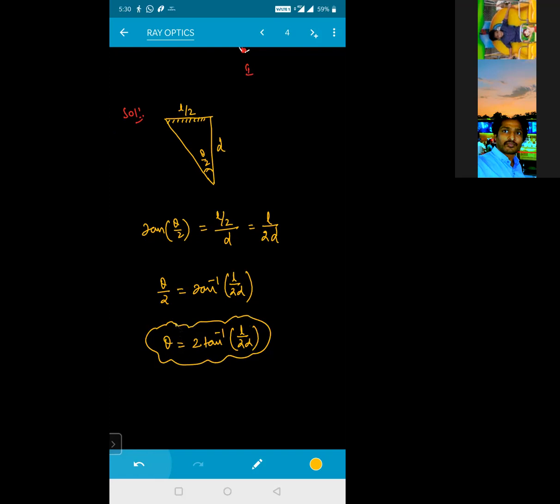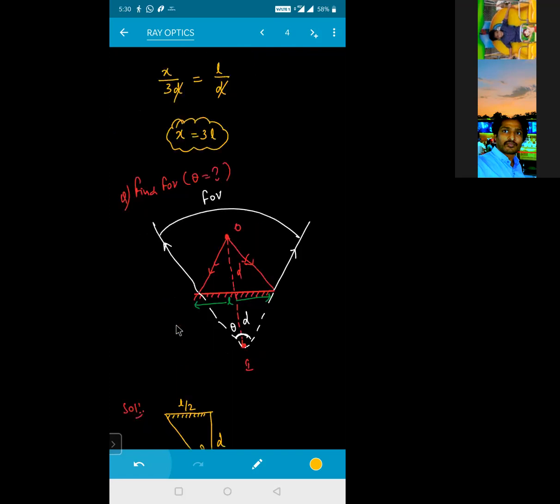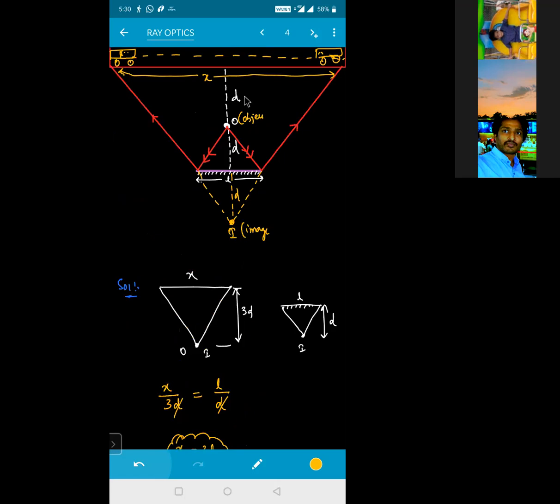Got it? So for the field of view, we calculate differently. In the previous case, we were asking about the linear distance. Now here we are taking an angle theta, isn't it? Because this theta is also an angle. So we can even calculate this here. If he's asking for theta, you can just do it in the same way.